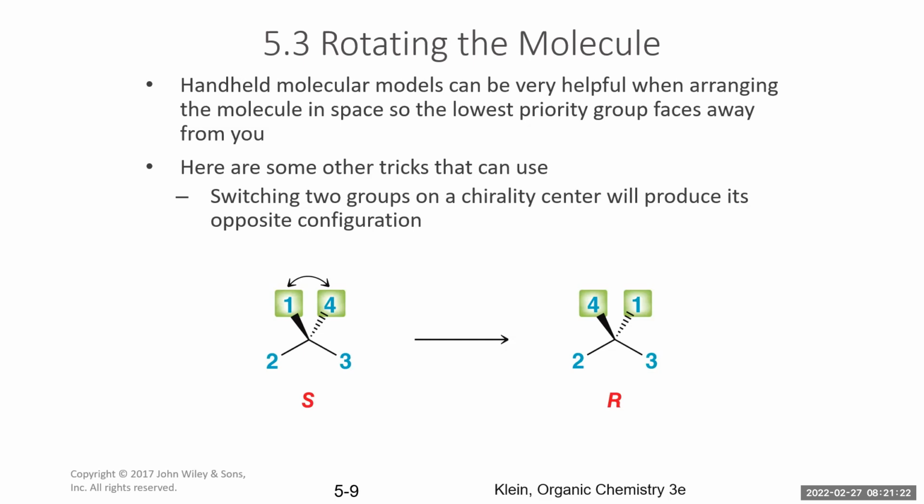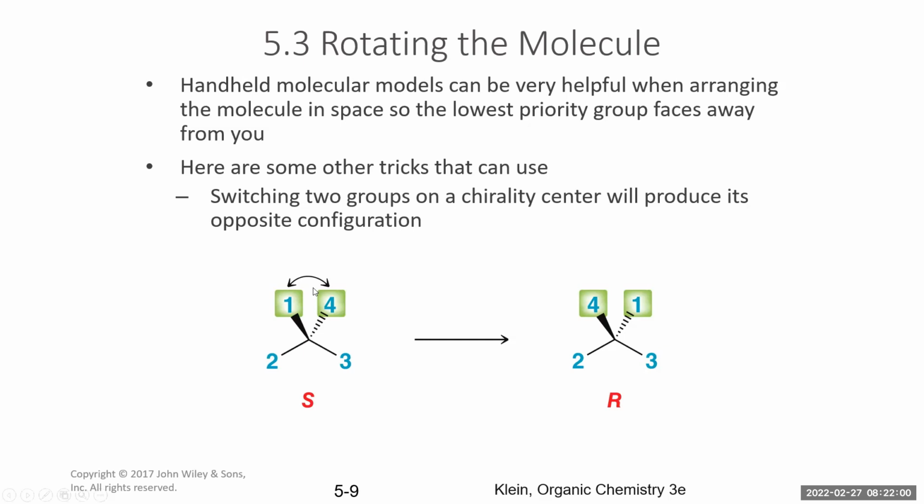Remember that once you've assigned priority 1, 2, 3, and 4, by the way, a helpful hint is erasing the structure or redrawing it. And instead of drawing in the oxygen or the carbon group, we can just change it to 1, 2, 3, and 4, right? By keeping the groups that are in the plane, and keeping the group that's on a wedge the same and on a dash the same, we can just write in 1, 2, 3, and 4. That's a little helpful hint instead of recopying the molecule by drawing the whole thing.